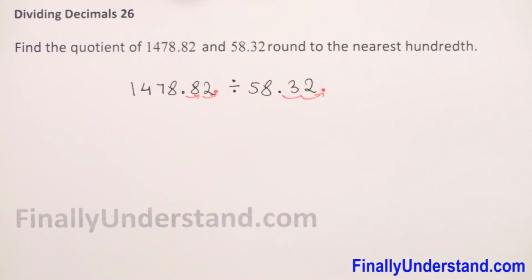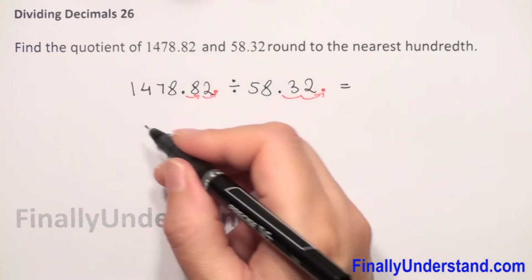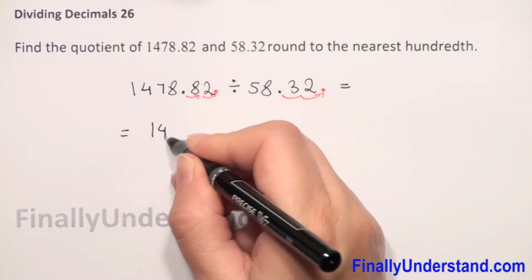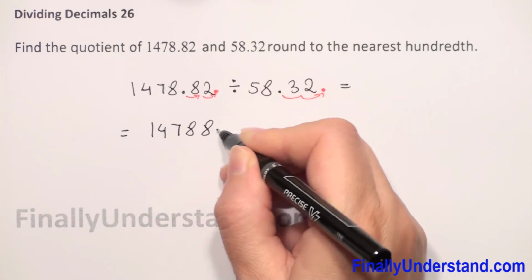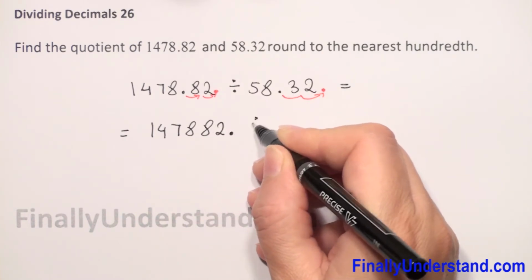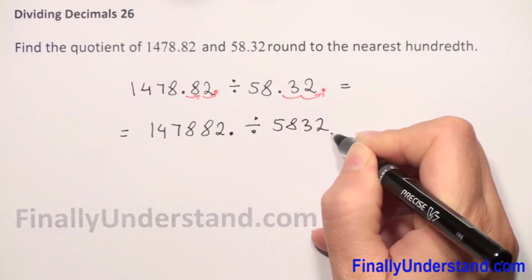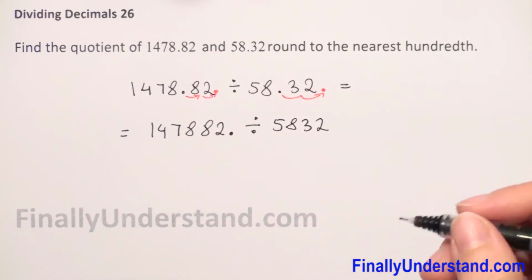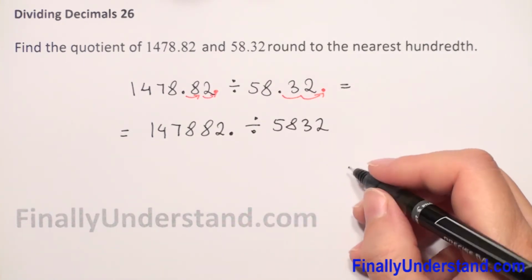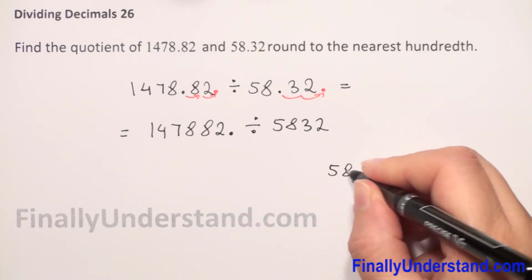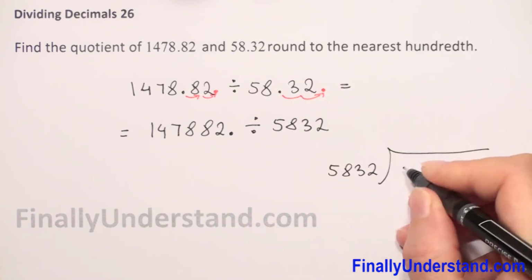So let me rewrite now. This is equal to 1478.82 decimal point. We have to divide by 5832. In our divisor, we don't need a decimal point. So let's set up long division. We have 5832,